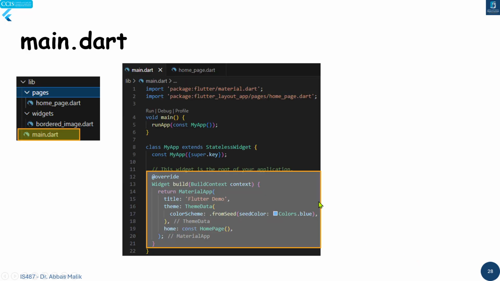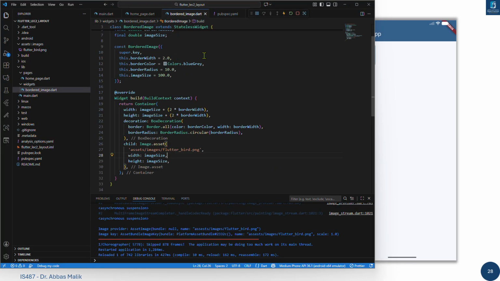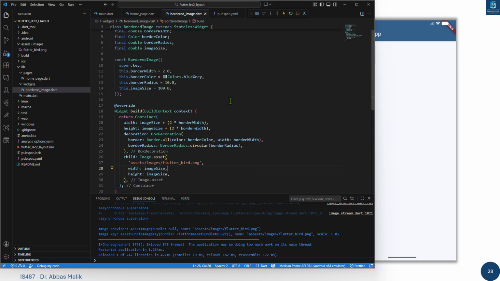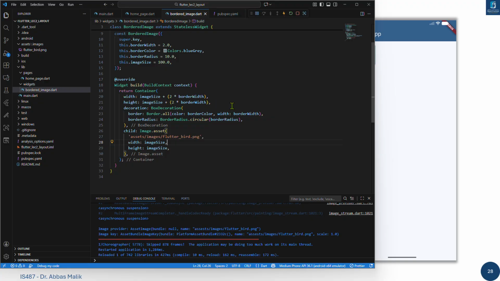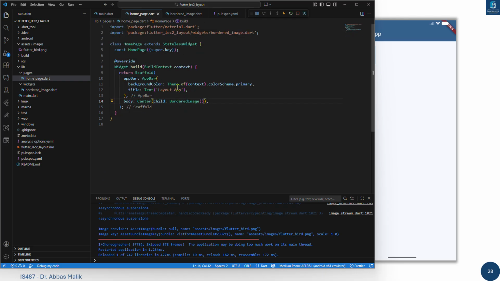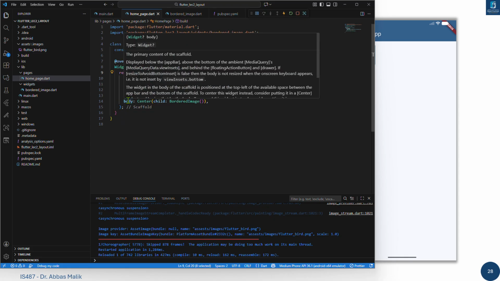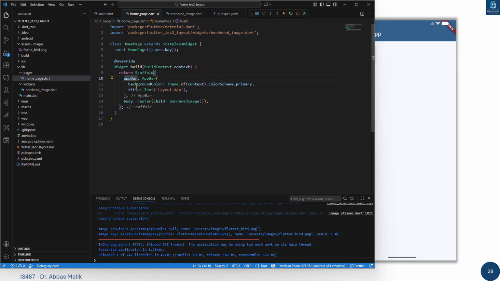So let's quickly go to the slides, and yeah, we have already done that. The main part we have changed. Let me again go over what we did: we made that stateless widget, which contains an image and puts a border around that image. The next thing is we created a home page, and inside we put one page, or one screen, you can say. We have the app bar, we have a body, and inside the body, first of all, we put only